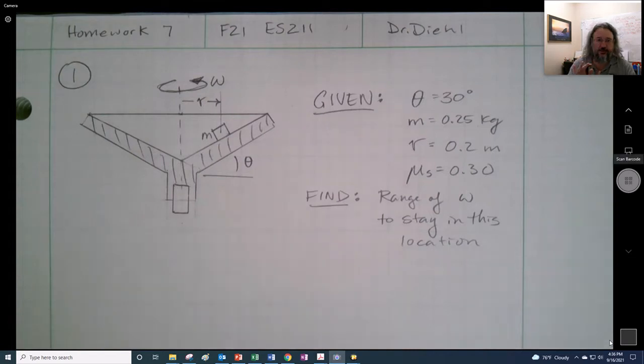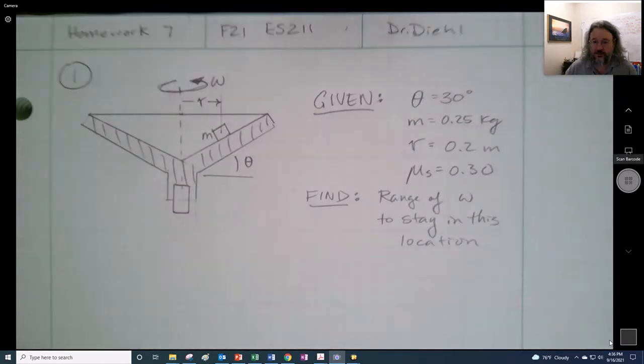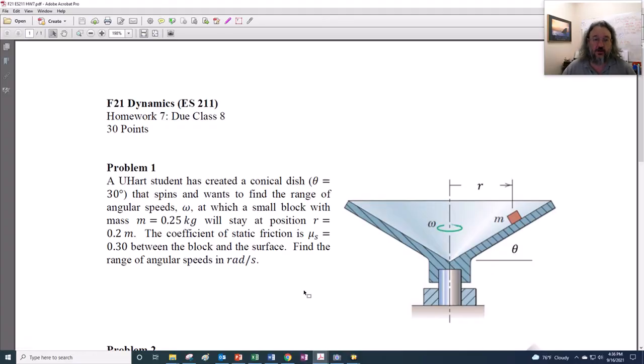So here we are, homework number 7, problem 1. And let's read the problem first. That's always a good place to start. Okay, so we have this conical dish that's got a slope angle right there, 30 degrees, and it spins, and